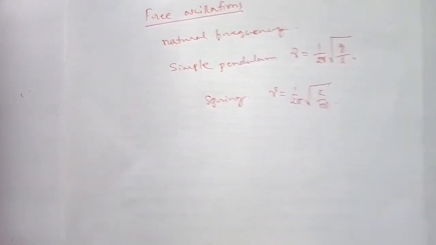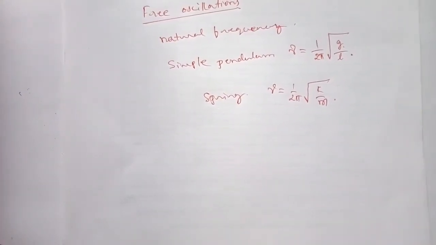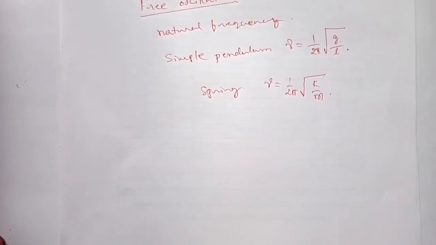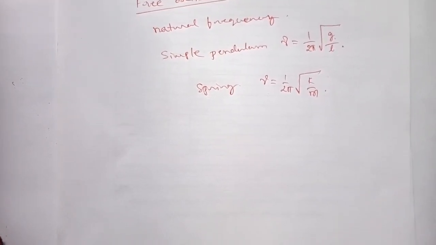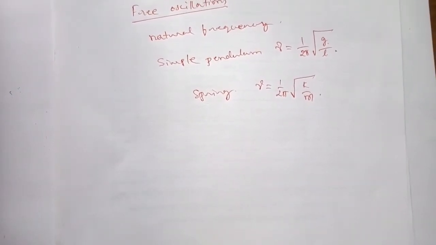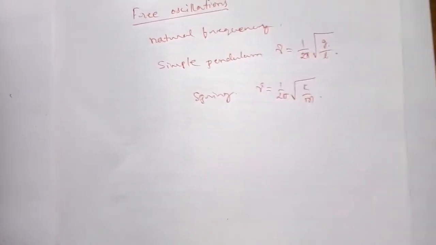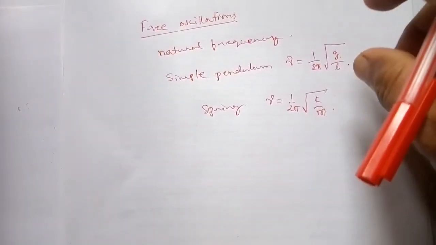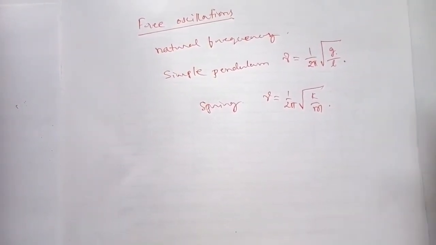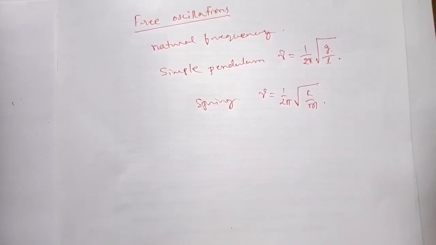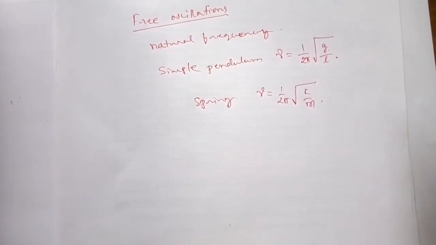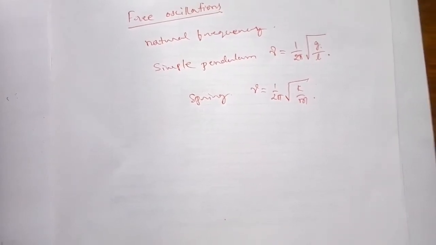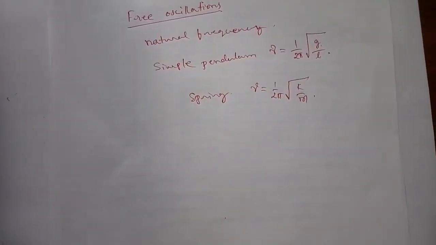The oscillation of a body or system with its natural frequency, under no external influence after the impulse initiated the motion, is called free vibration. So only an impulse is given to initiate the oscillation. Once the oscillation is initiated, there will not be any force acting on the body. For example, you can take a tuning fork, which vibrates with its own natural frequency.